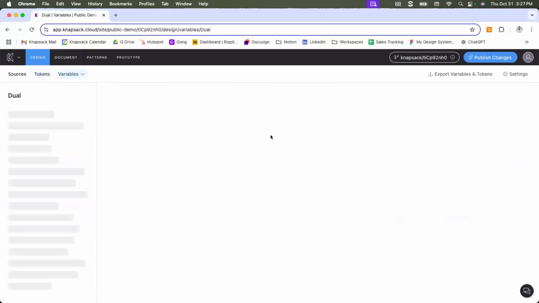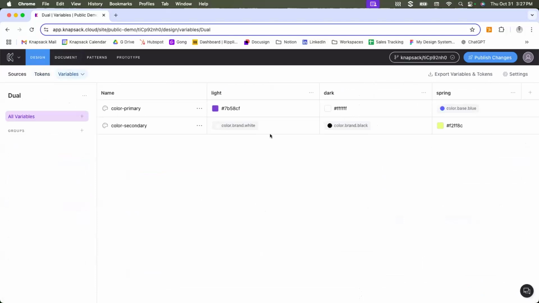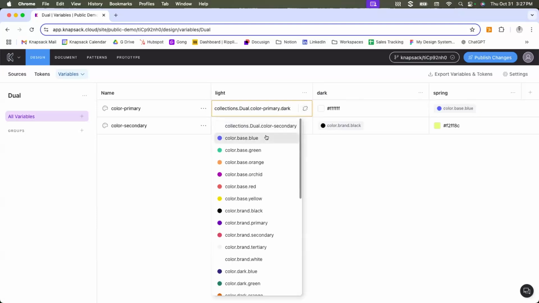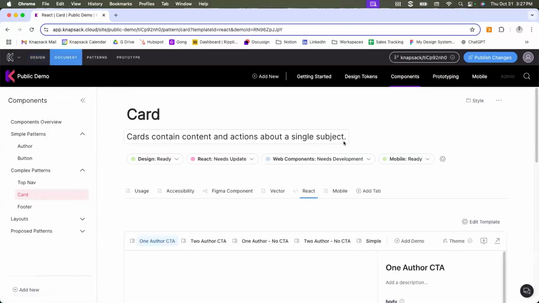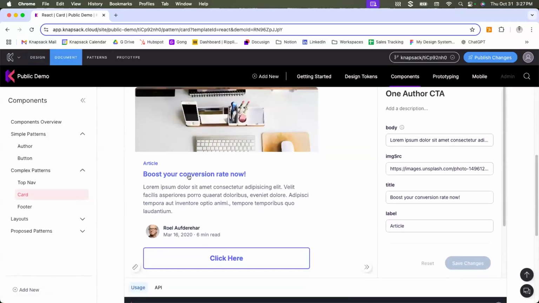But if I come in here to my variables section, now I've got this idea of these collections or these modes or these asset sets that I have. And I can do things like change the primary color if I wanted to for just a particular mode here, or a collection. So I could change from that orchid color to that color base of blue. And now when I go back to look at my one author CTA, everything that was that orchid color now is this blue color, because I've actually manipulated that within my design system,